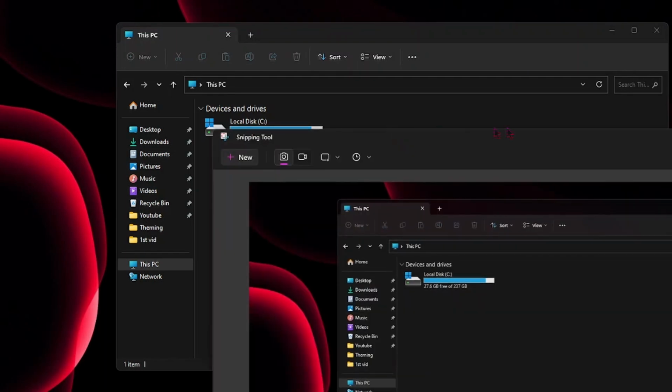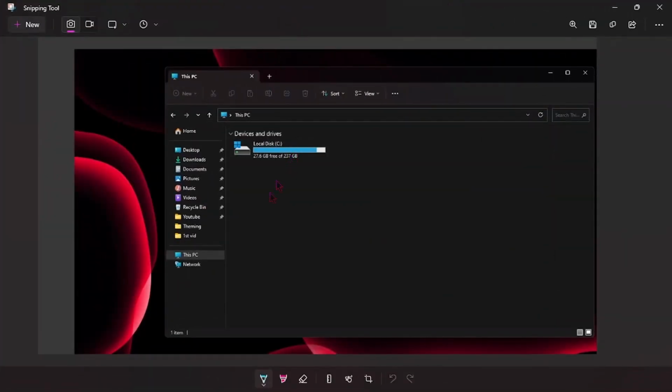So after you take the screenshots, click on the notification, it will appear here in a small photo editing program, and you can draw and highlight on the picture. You can also change the thickness of your pen. Explore this program and tell me in the comments what you discovered.